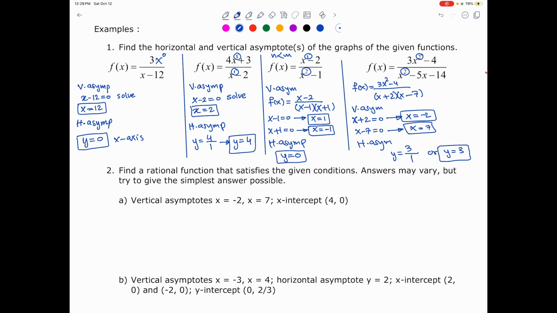Now that we know all of this information, we can reverse the process and we will be able to find rational functions based on information given or based on graphs given. Let's try the second example. Find a rational function that satisfies the given conditions. Answers may vary, but try to give the simplest answer possible. We have two vertical asymptotes and we have an x-intercept. So we're going to assume